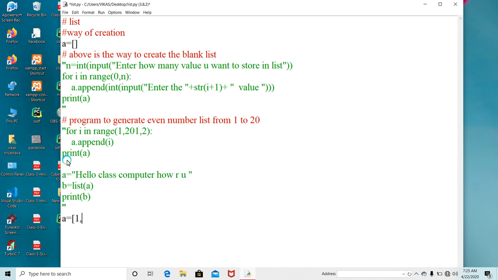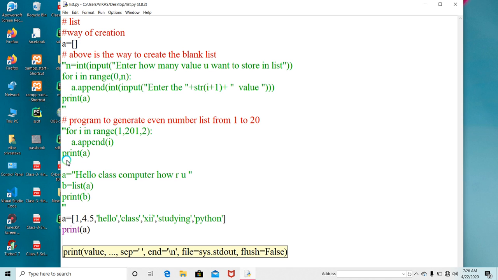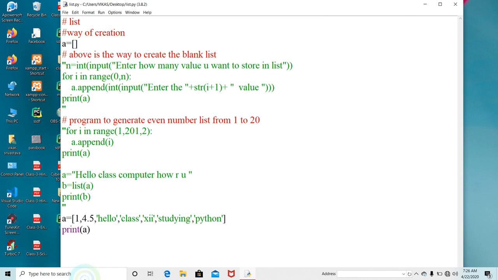Look here, I am storing 1, 4.5, I am storing here hello, class, 12th, studying, Python, and I will do print a. It will display all the values. So that is known as a what? List.